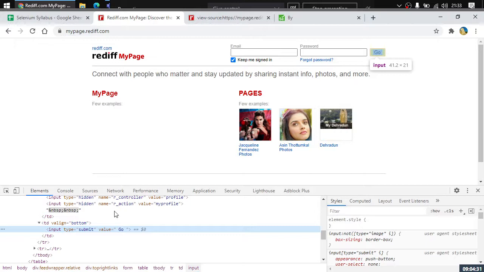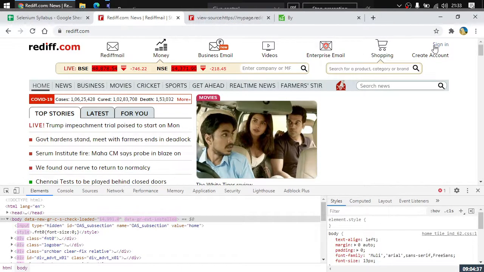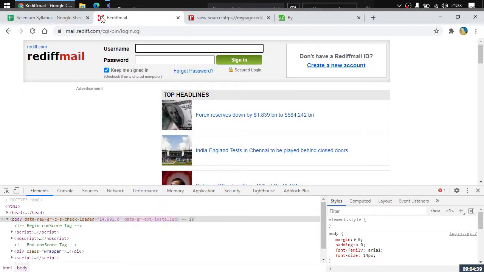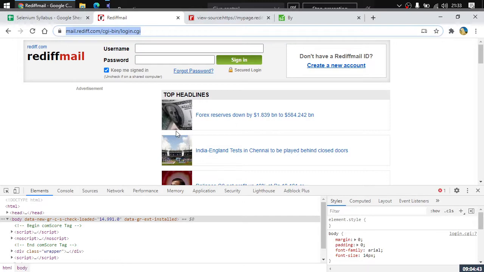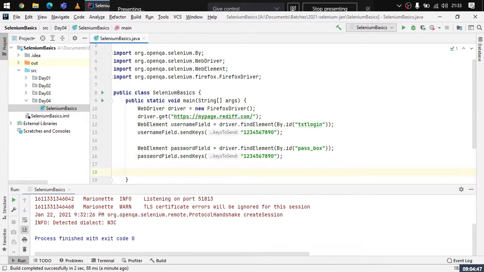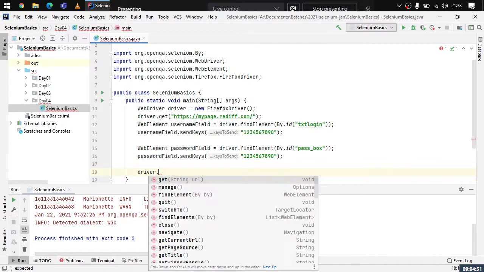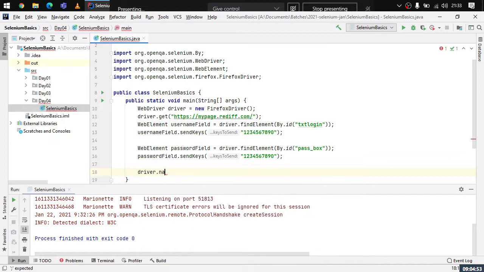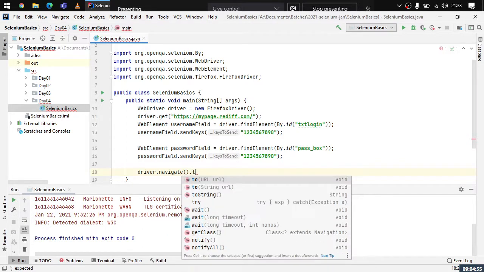Let us just try things on another page. So we will be going to rediff.com, and to be specific, click on the sign in page. Here you will be taken to another URL, right? Now, suppose after doing this, I would want to go to another page. There are two different ways: driver dot get or driver dot navigate dot to.